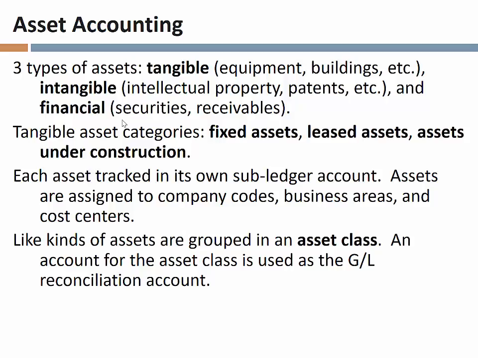So if we think of it in this fashion, let's use my example here of a company that has many, many different semi-trucks that they use as a part of their operation. Every individual semi would have its own subsidiary account and a subsidiary ledger. So that's reflected here. But we would take all of these semi-trucks and group them together in an asset class